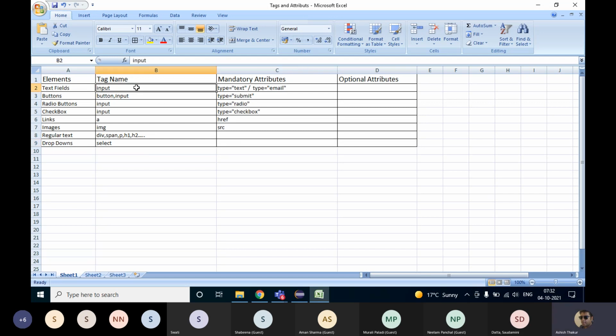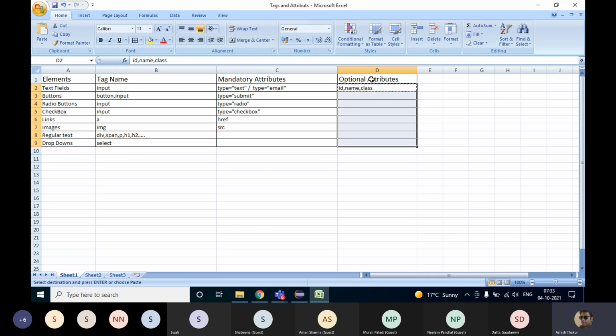So if these are the elements, then these will be the tag names and these will be the attributes which will always be there. Okay, but there will be some optional attributes and these are important. Majorly the optional attributes help us to identify the elements. And these optional attributes, 99.99% of the time, are three attributes: ID, name, or class.